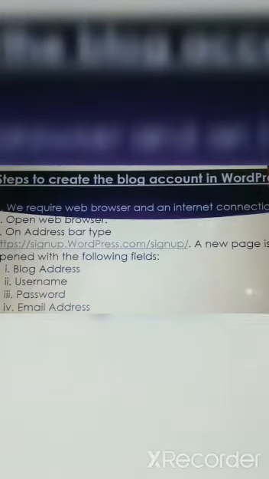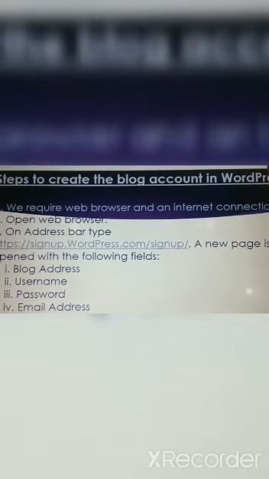Next, let's see how we create a blog account using WordPress, which is in our syllabus. Here I have written a few steps so that it is easy to understand. First, we require a web browser and an internet connection. Second, we open any web browser and type the address mentioned here, that is https signup wordpress.com signup.